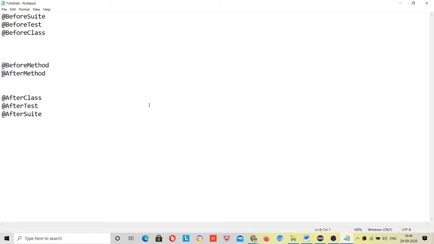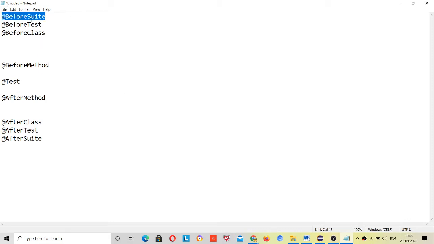Now see, in between I have an @Test annotation to run any test case. Suppose I have a single test inside the whole project. First of all it will look for before suite, then before test, then before class, then it will come inside your test case and see if any before method is present.